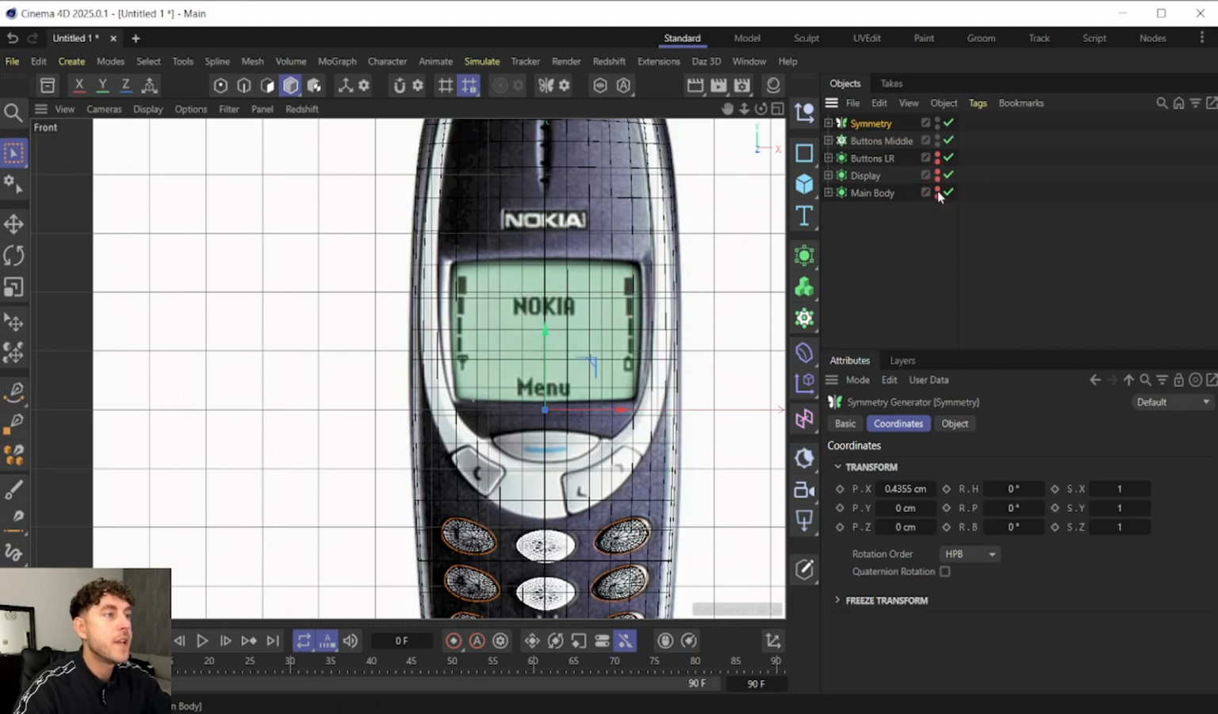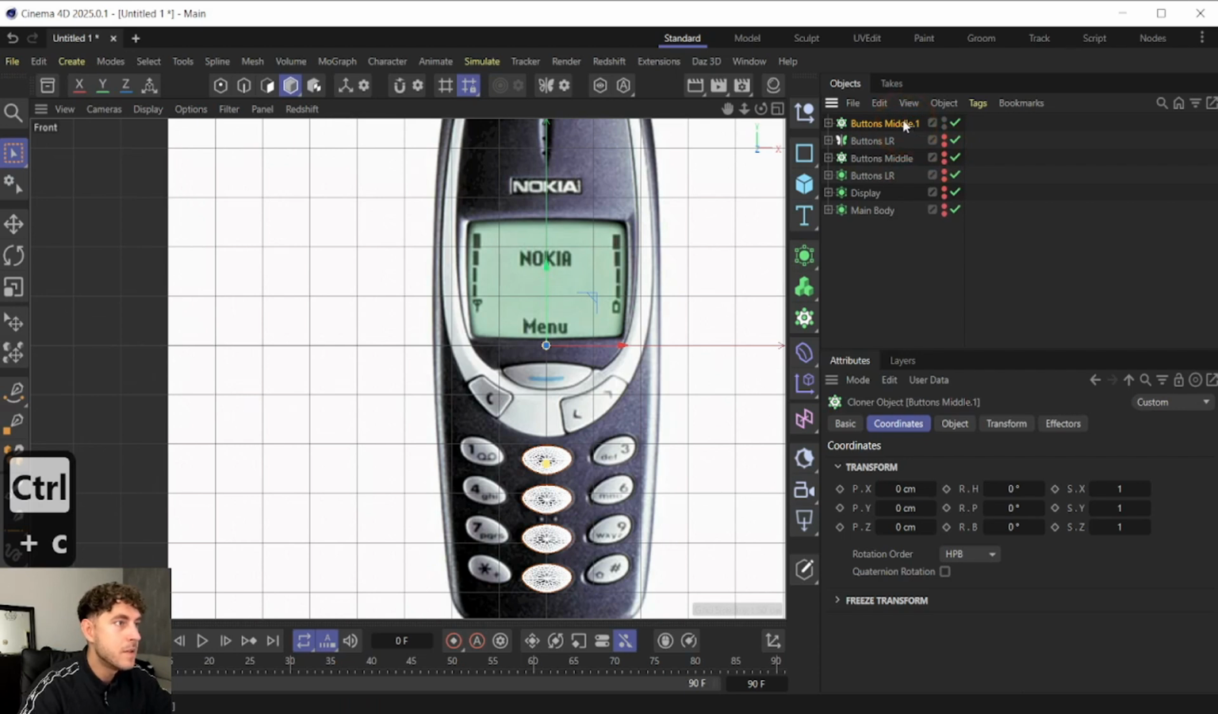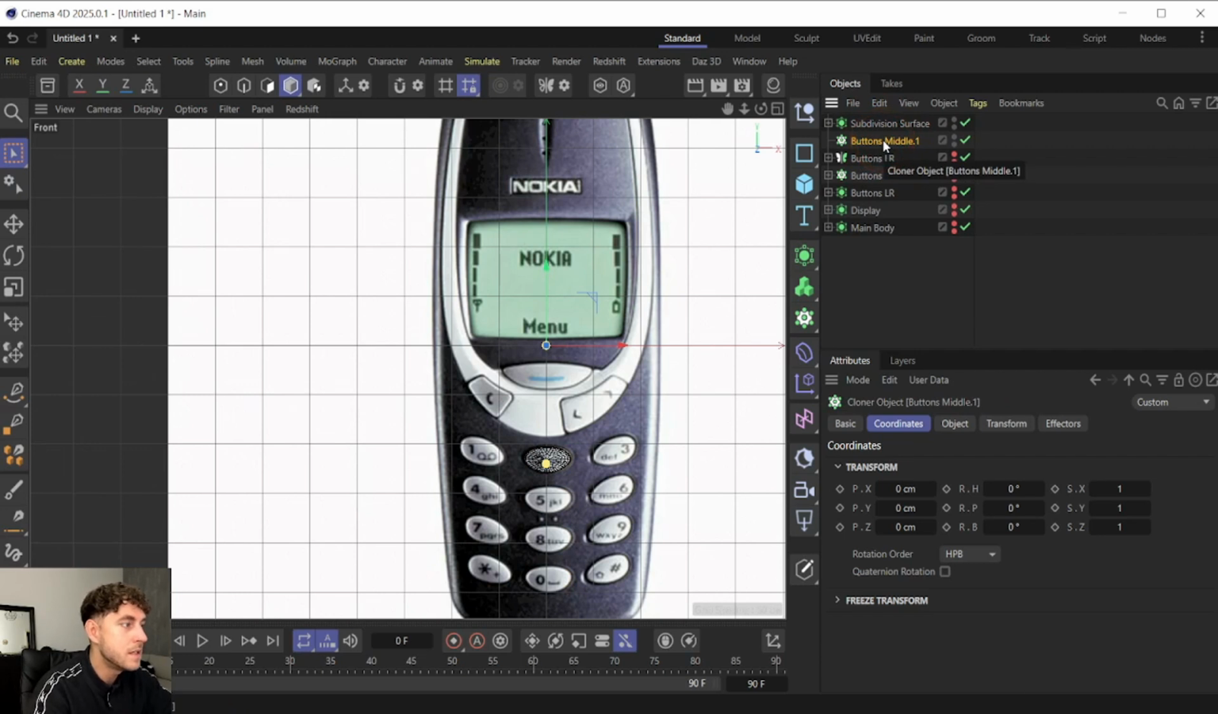Alright, make everything invisible. So we need buttons middle and we create the main button here. For this, duplicate it, make the one invisible. Here we only need the subdivision with the cylinder. The cloner you can delete, select it, move it to the top, go back to the point selection,